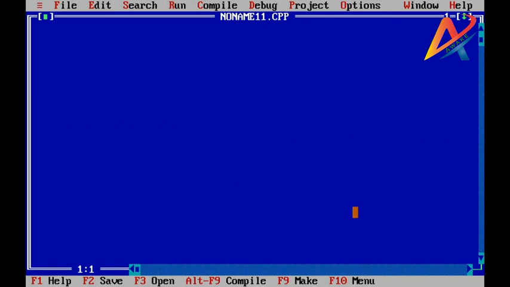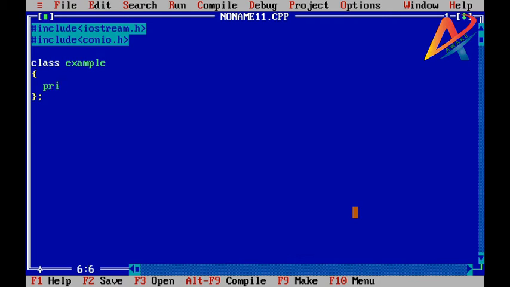Here we have our Turbo C file, #include iostream.h, #include conio.h, class example.